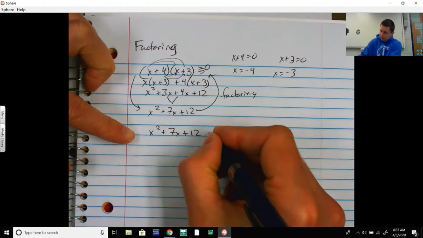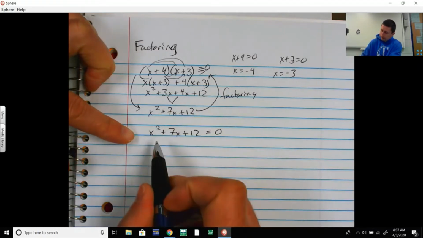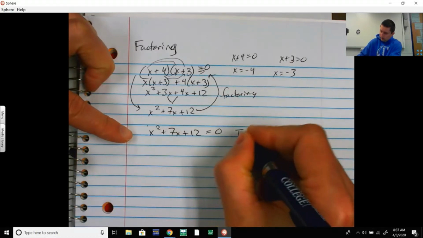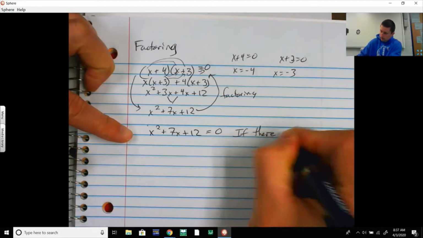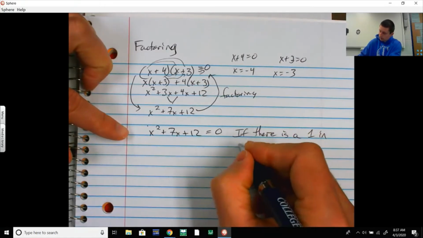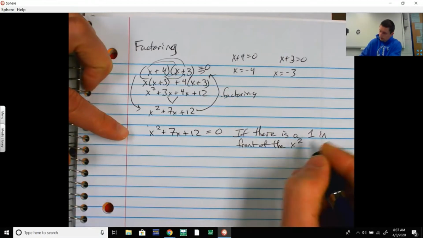We want to know where this equals 0. I might give you 2 ways to do it. I think you'll like the second way. If there is a 1 in front of the x squared,